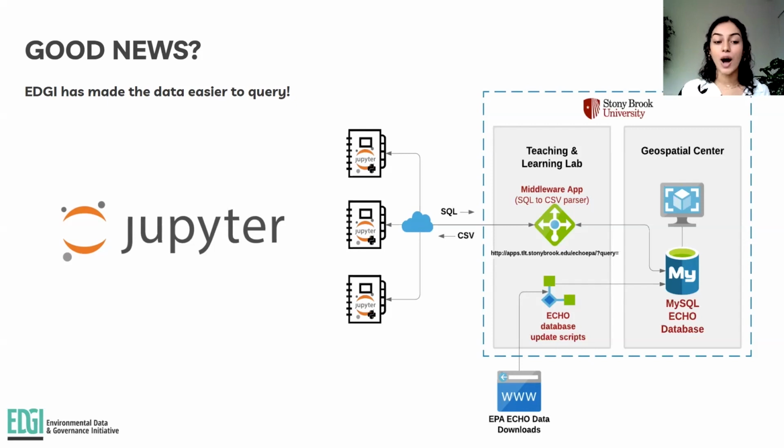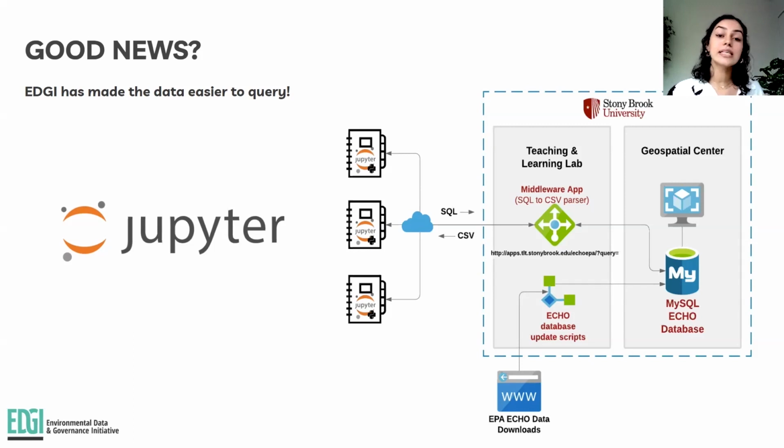EDGI effectively copied the EPA's data into our own database hosted at Stony Brook University. It is updated every 2 weeks. We archived it like this instead of querying the EPA directly in case the EPA decided to remove the data under the new administration. And then we use the Jupyter Notebooks, written in Python and hosted on Google Colab, which